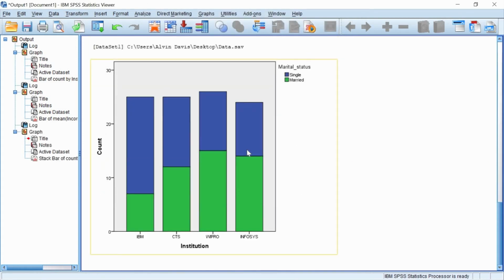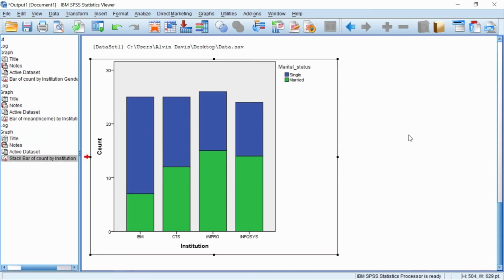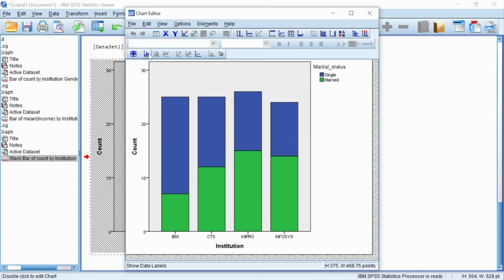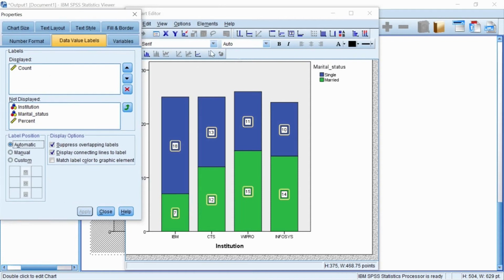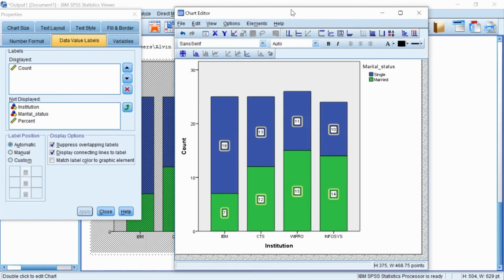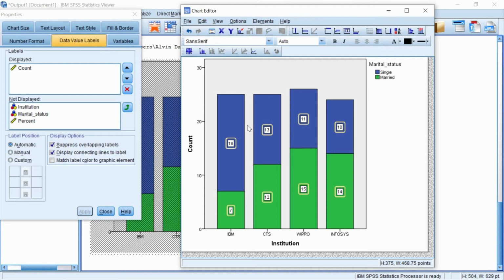You got the output. So the blue color represents single, green color represents married. If you want to display the labels on the bar, single click, then double click, click this icon, you can get the output on the bars. If you want to change the colors of the bars, you have to select the particular category, for example single or married.